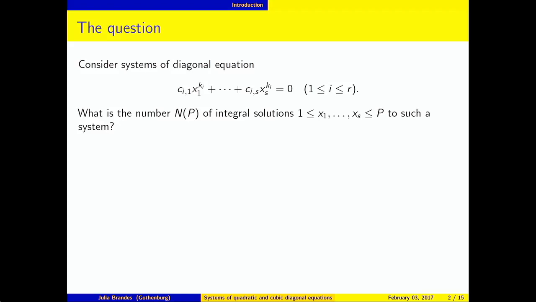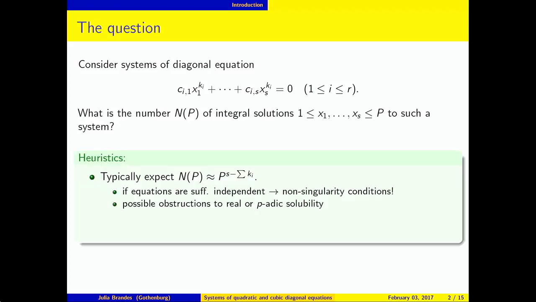Well, let's start by thinking about what we expect. Trivially, the number of possible inputs, given the number of variables, gives you P to the s. The number of possible outputs: each equation takes P to the k_i values, up to a constant. So if all of them are supposed to take a certain value at the same time, we would divide by P to the total degree. Of course, this assumes